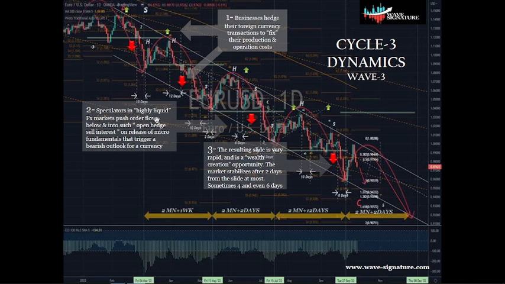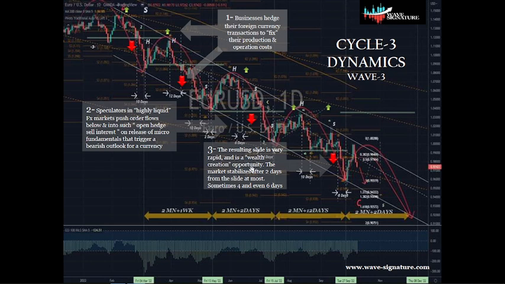Now, speculators in highly liquid FX markets will push order flows below and into such open hedge sell interest on release of micro fundamentals that trigger a bearish outlook for the currency. This is not really done intentionally. It is just the function of markets. If you have a micro fundamental released and it is perceived in bearish sentiment by the market participants, they will of course sell into the market aggressively, and this will trigger all the sell stops beneath specific cycle support. The move that does result out of this, or the resulting slide, is a very rapid one and really is